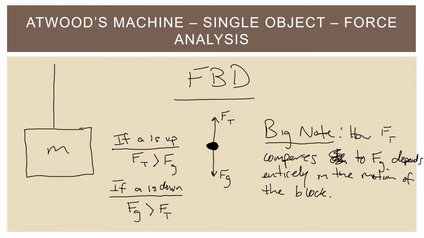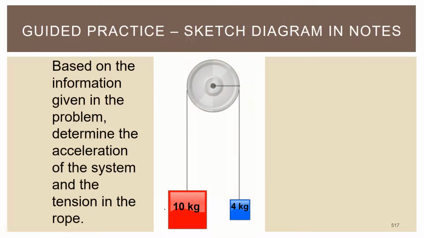All right, so here it is, pretty basic Atwood's machine. I'd like you to sketch that diagram in your notes. It says here, based on the information given in the problem, determine the acceleration of the system and the tension in the rope. So the actual text of the problem, if this was in a textbook, would say something like,